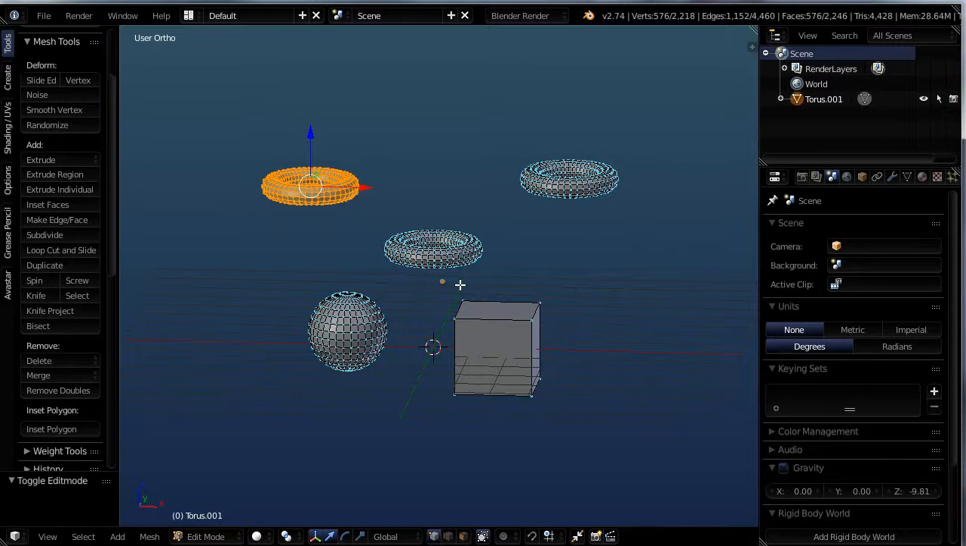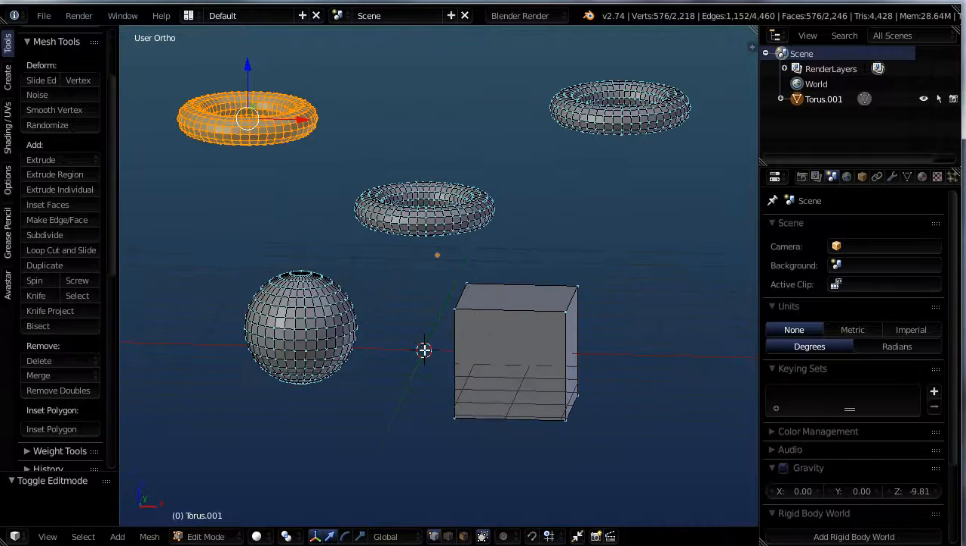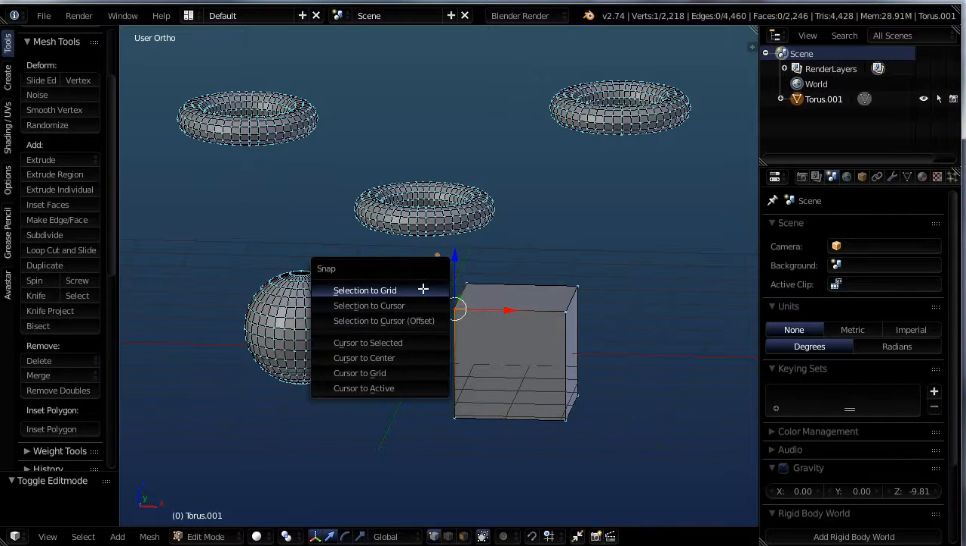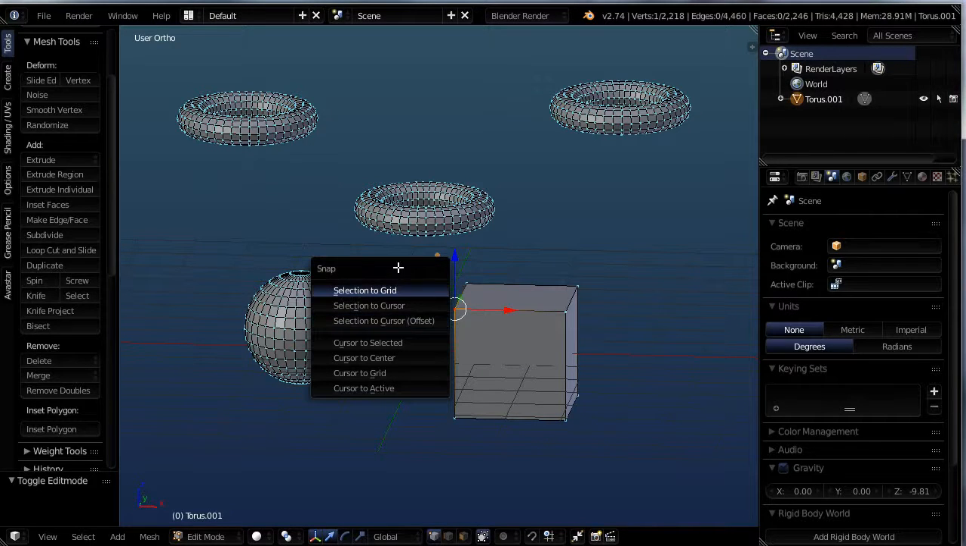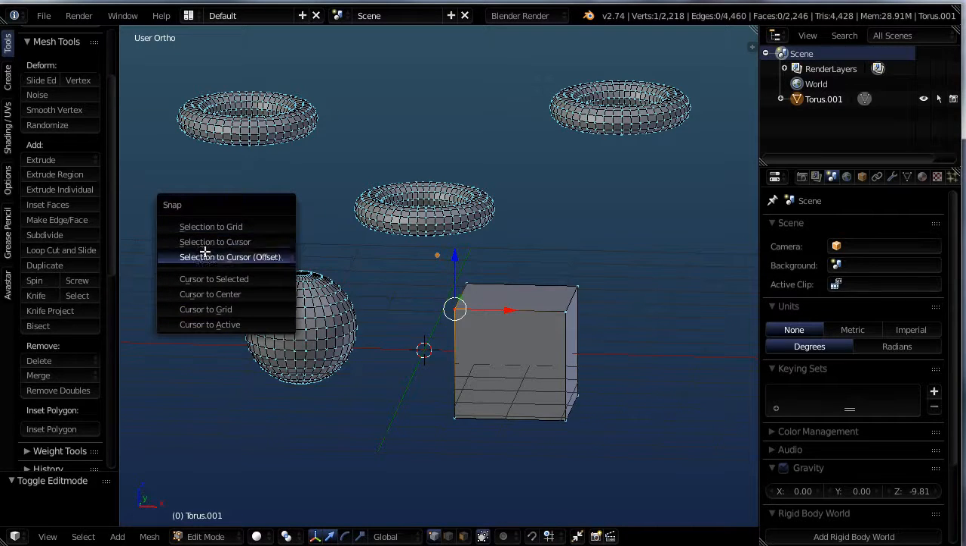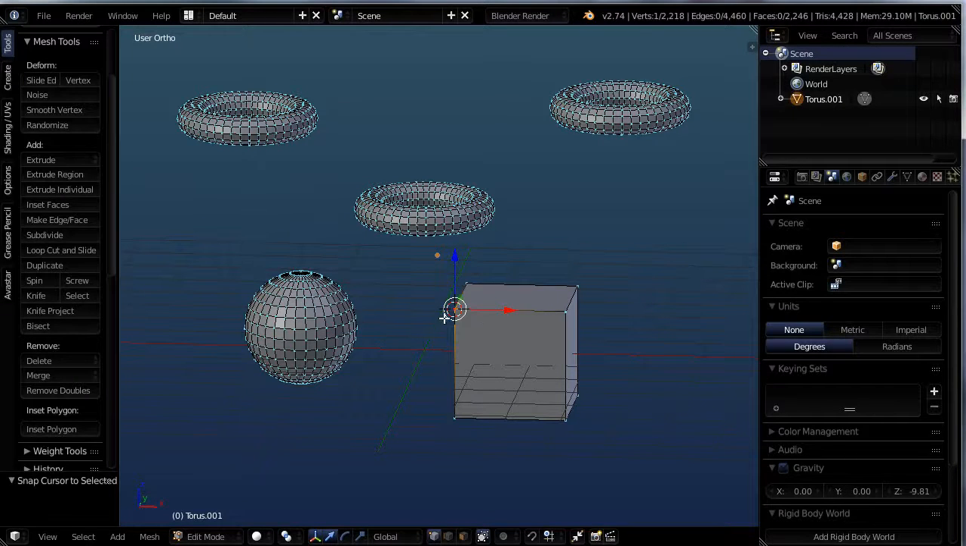So let me give you just a tiny example of that. I'm going to right click on this vertex here. And now I'm going to use the snap menu. And the snap menu is Shift plus S. Shift and S gives me selection to grid, selection to cursor offset. Let me move this over a little bit. We also have cursor to selected. And that's actually what I want. I want to move my cursor from the center of the grid to that corner of my box. So now you see the cursor is around that actual